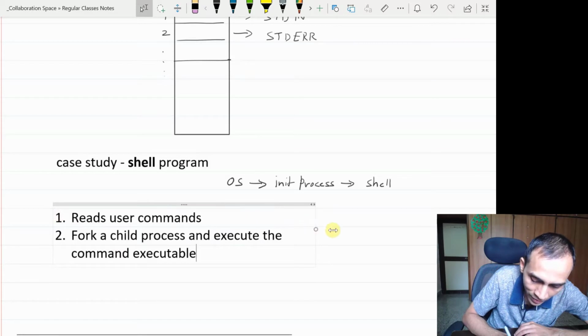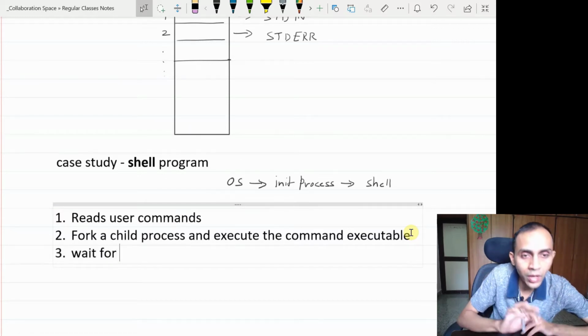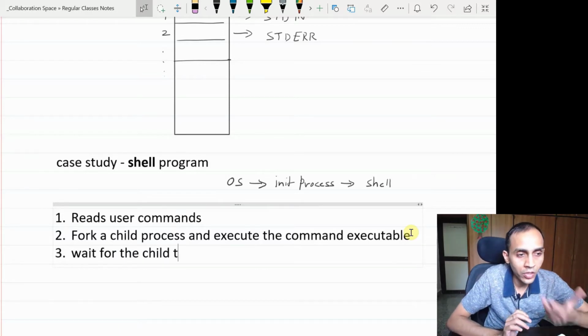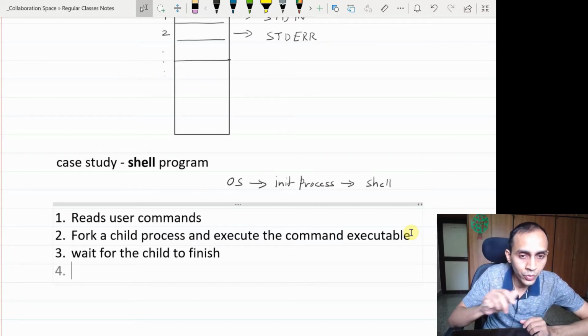And meanwhile, the shell will be the parent of that child. So the shell will actually do a wait. It will wait for the child to finish. Normally, when you enter a command, the shell prompt does not come back immediately. Till that command is executed, the shell prompt does not come back